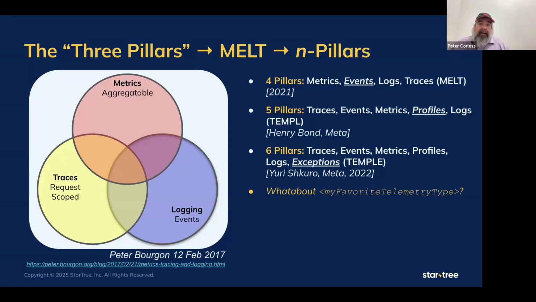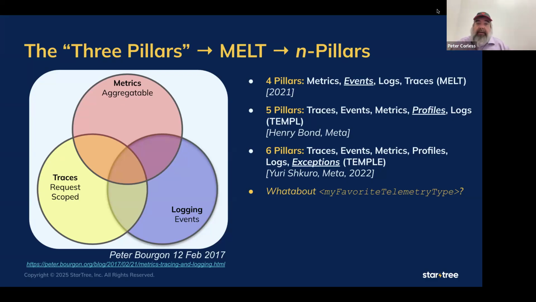But since then, people added things like events. They said, well, actually, a crash is an event, so let's create a crash dump as a different sort of thing. There's metadata about the crash, and then there's the blob that comes with the crash itself, a core dump, maybe. So events were added. And then people said, well, beyond this, there are also profiles. What does the user profile look like? Or what does the system profile look like?